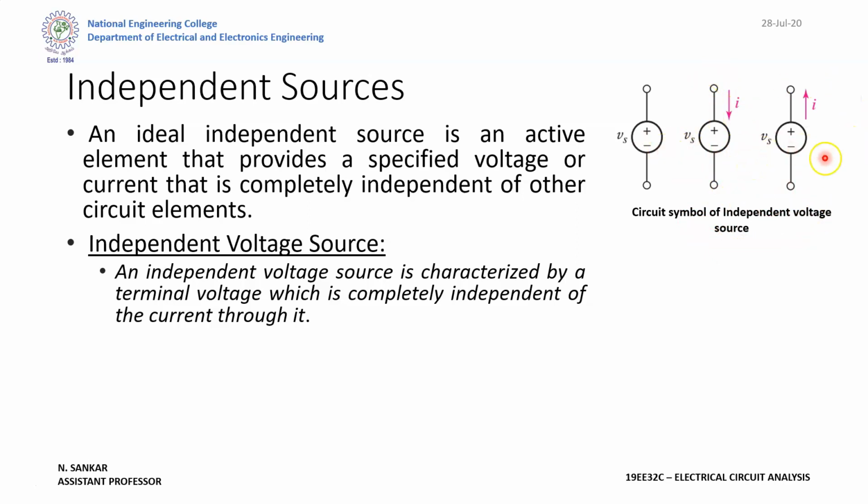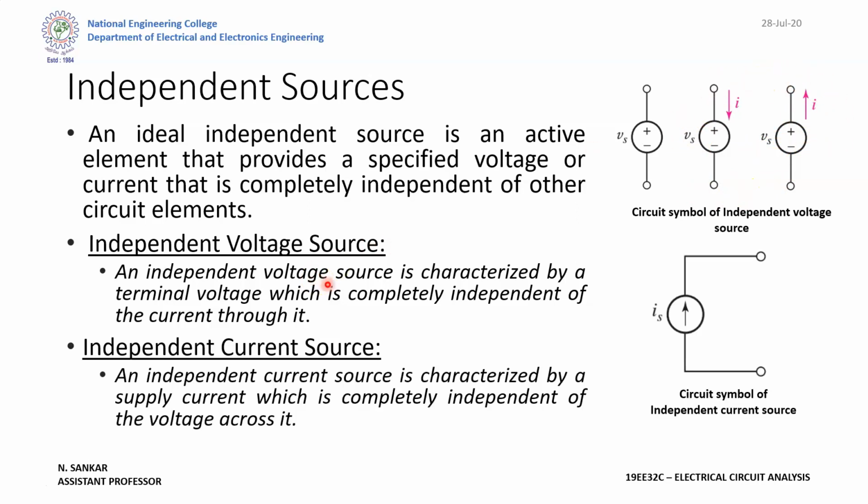So an independent voltage source is nothing but a source whose supplied voltage will always be constant, whatever the load connected, or simply, whatever the current may be. The current value may be 0, 100, or 1000, and the voltage supplied by the source will always be constant. For example, if this voltage source is supplying 200 volt with a current of 1 ampere, so Vs is equal to 200, and with the same source, if the current I is equal to 100, Vs is still equal to 200, then this voltage source is called an independent voltage source.